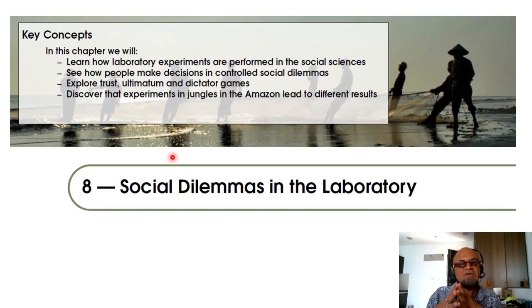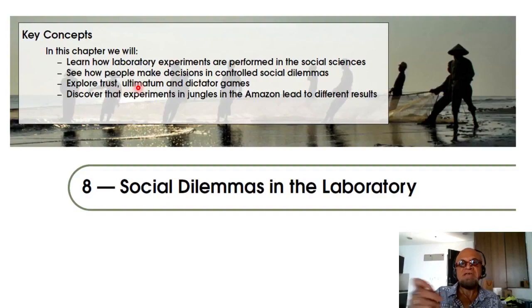So here the main concepts we will learn are how the laboratory experiments are performed in social sciences, and how people make decisions in controlled social dilemmas. Okay, so we are in the lab, so these are controlled social dilemmas. Explore trust, ultimatum, and dictator games. So the trust game we'll look at first, and then in the second podcast we'll look at ultimatum and dictator games,